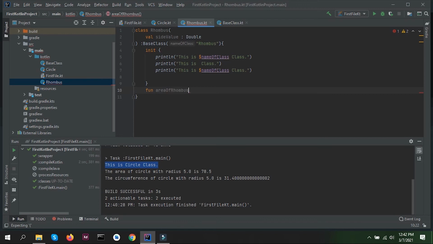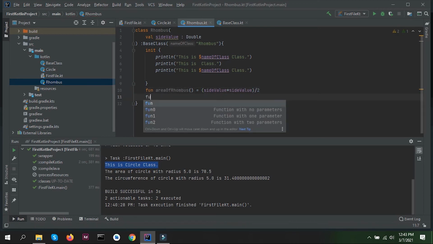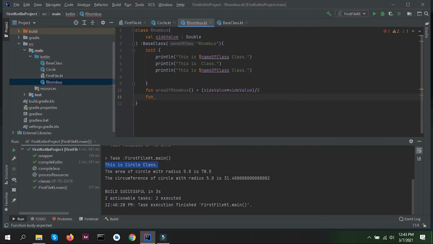The formula to calculate the area of a rhombus is basically side value into side value divided by 2. So I'm going to write side value into side value divided by 2, and another function will calculate the perimeter